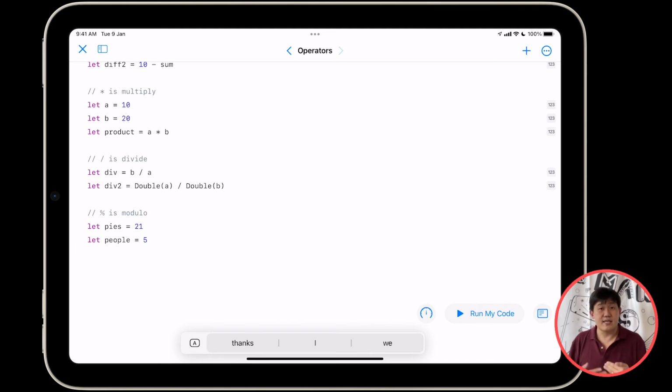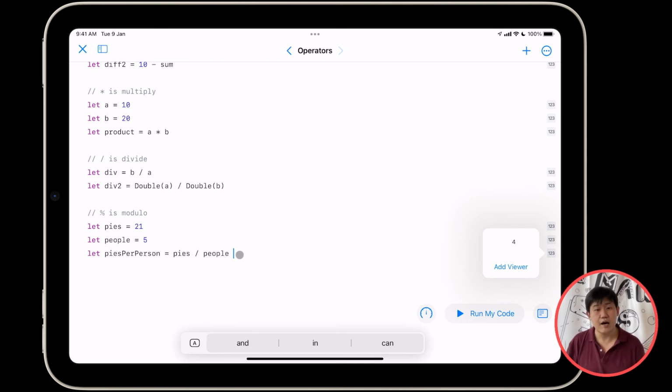How many pies does each person get? Well, that's easy enough. You just take pies per person equals pies divided by people. Right? And this is a case where integer division actually comes in pretty handy, because 21 divided by 5, no remainder, will actually give you 4.